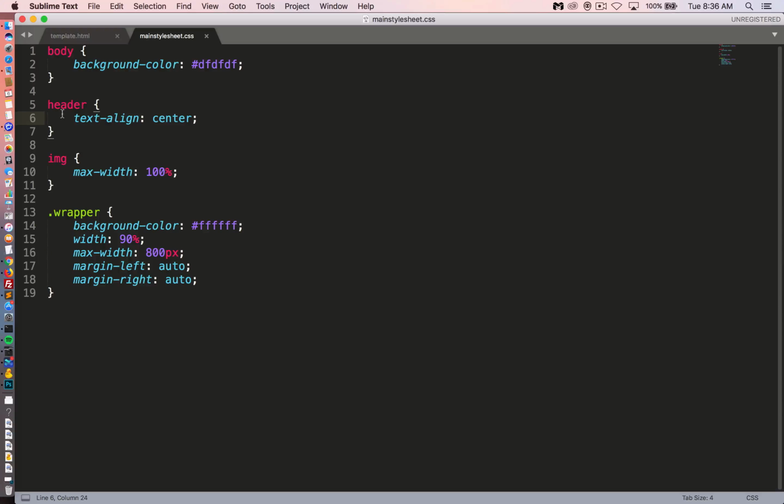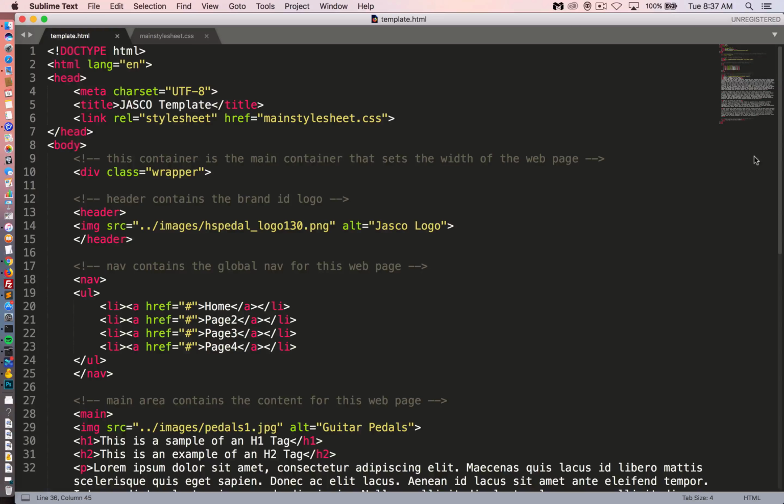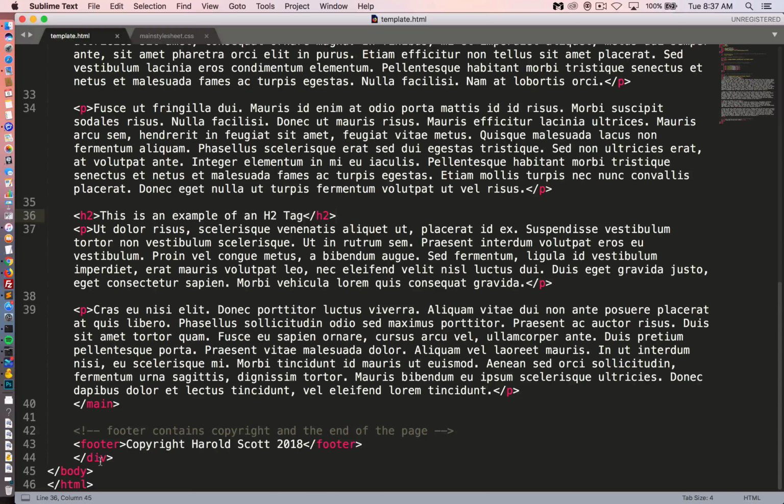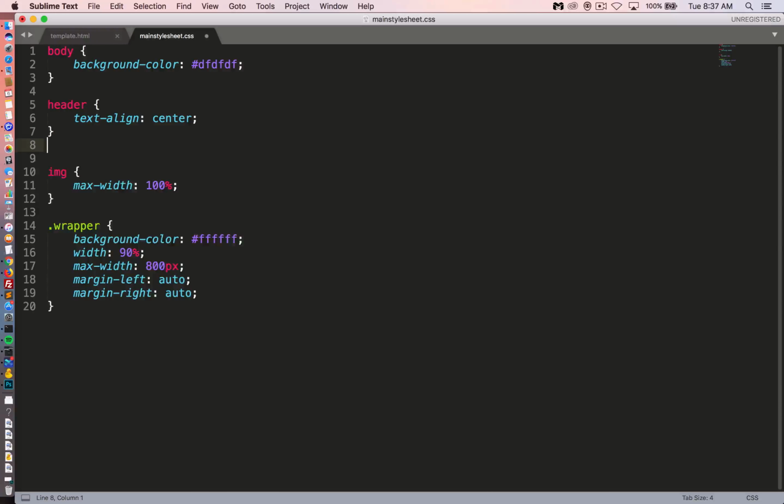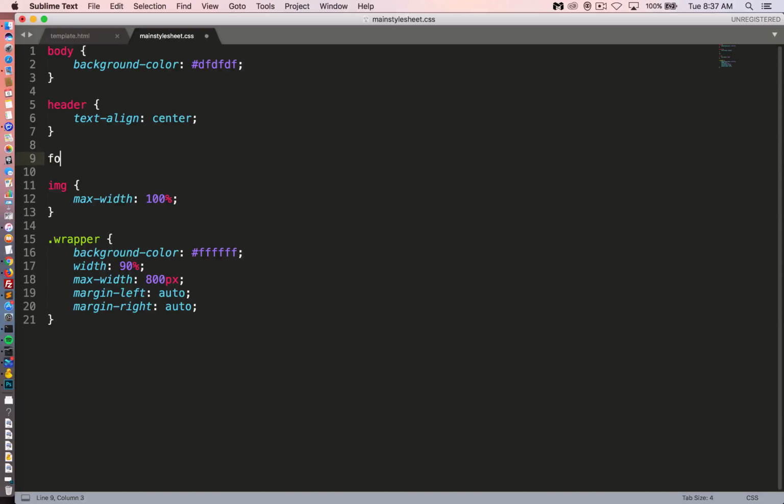And just like we worked in the header on our web page, we're over at the HTML div, the template.html, and notice our footer is right there and there's our text inside of there. So this is actually text, so this will be text align center and it will work. So we'll go over to our style sheet, main style sheet.css. Under the header tag selector, we're going to write footer,